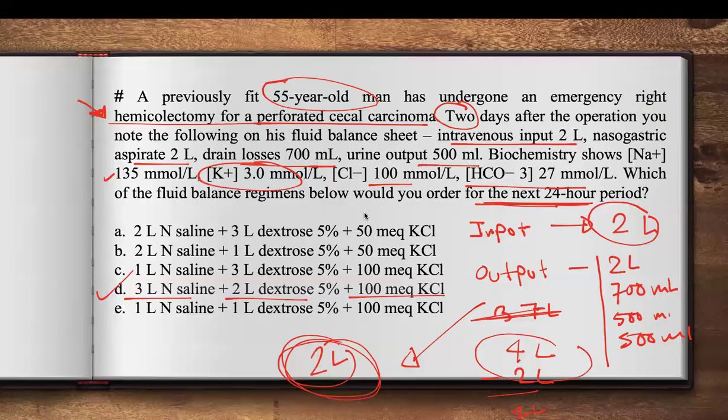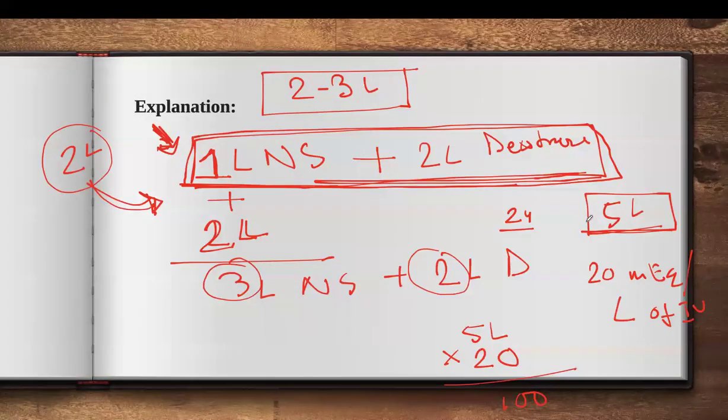Why not add it with dextrose? Now you guys are trying to mess, I understand. So the reason why we don't want to give a lot of dextrose is because we don't want the patient to become hyperglycemic. Hyperglycemia in a post-operative patient can cause a lot of infection, because glucose is the media for